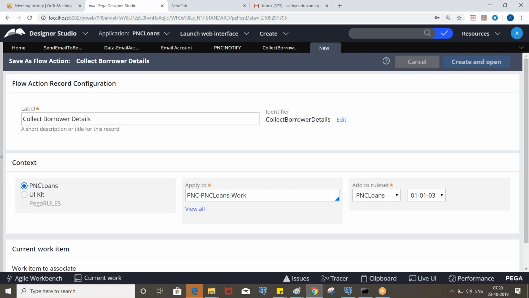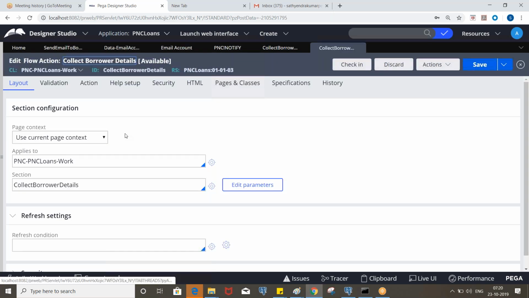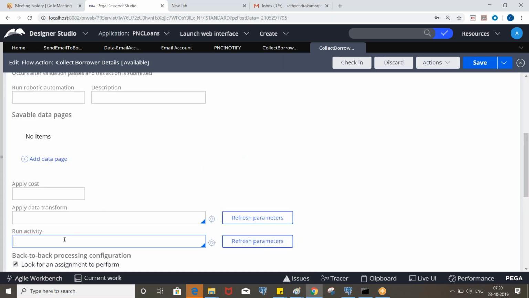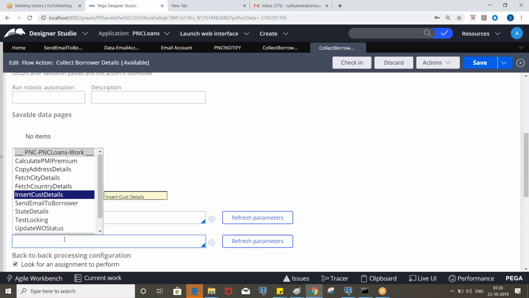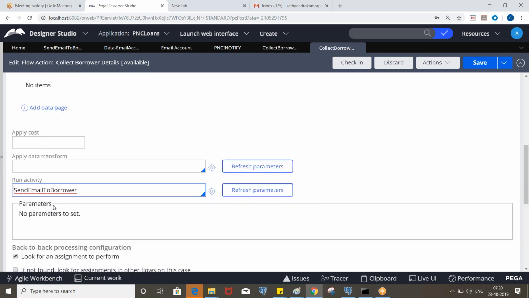Save as into 03. Go to the action. So here we have send email to borrowers. Okay. If we are passing the parameters from here, then you need to define them in the parent tab of this activity. Okay. Clear?